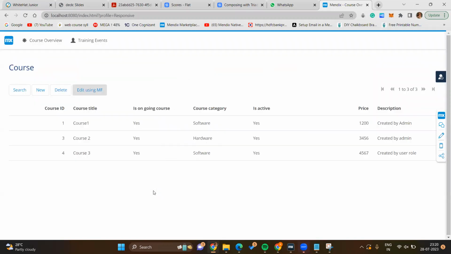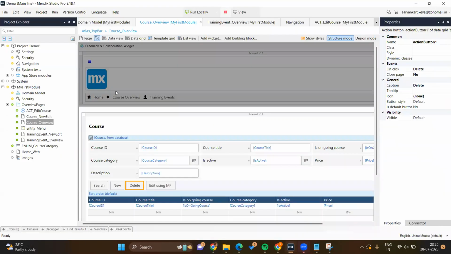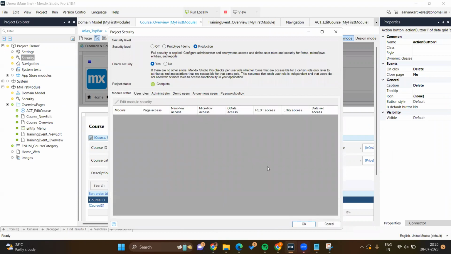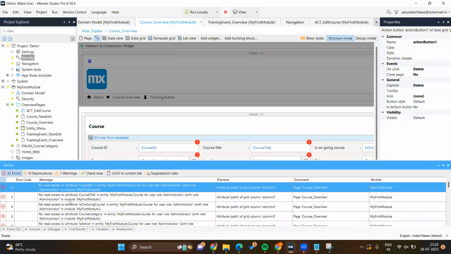So as a prototype, we can restrict the user to access a page or microflow level only. Now let's change this to production level security. Then as we observe, entity access also gets added. So what's the advantage of it? See, now once we change it to production, it gave errors. 32 errors. What errors? See,